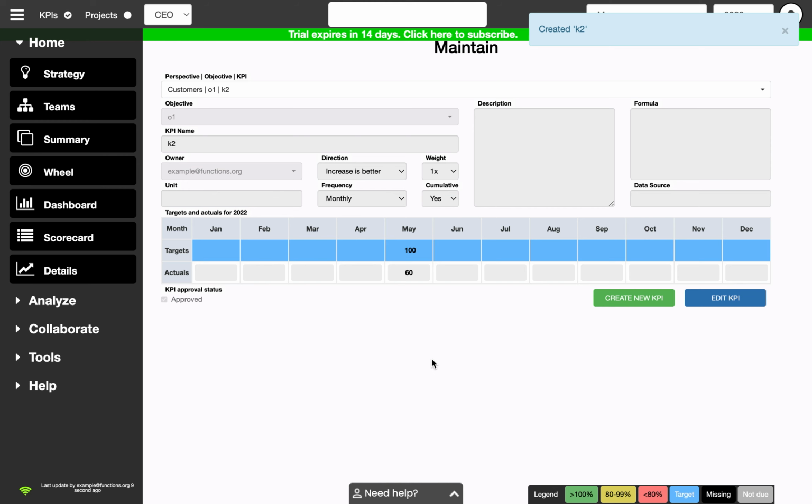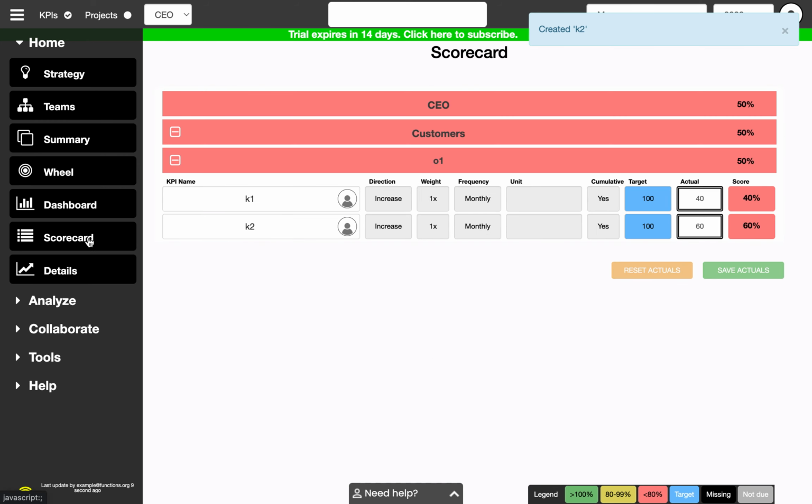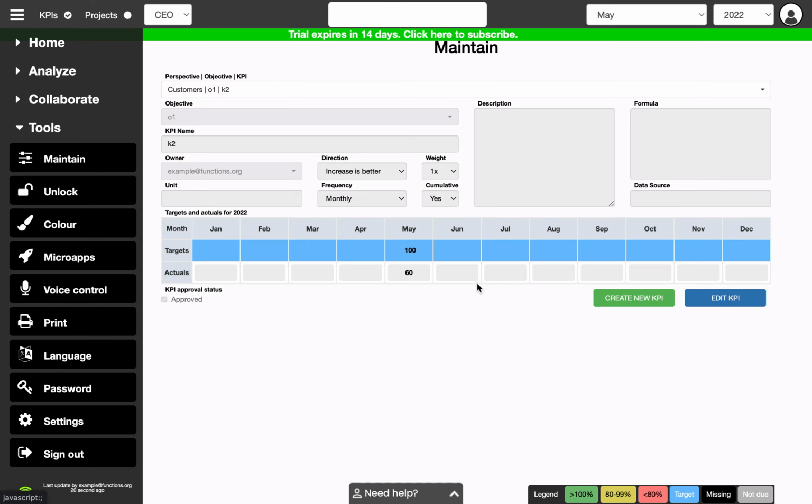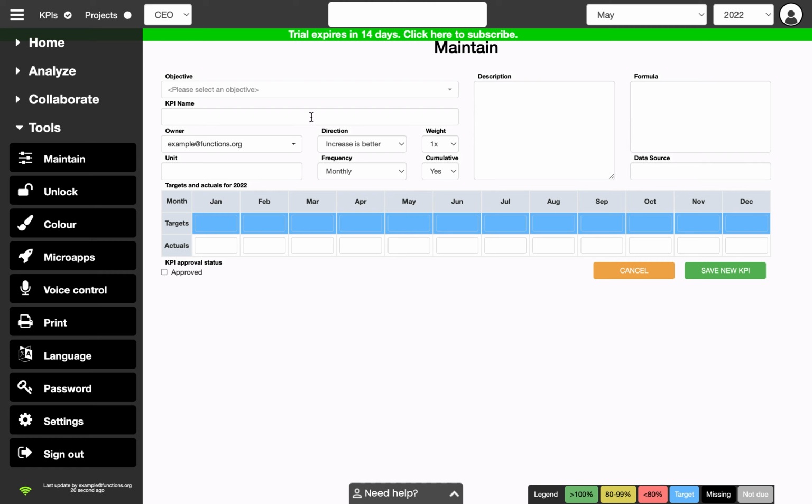So now we've got two KPIs that we can see here. Obviously the score for the first one is 40% and the second is 60%. And now I'm going to create a third KPI called K3, and I want that third KPI to be the average of the first two KPIs. So I can go to maintain, create a new KPI against the same objective, call it K3,